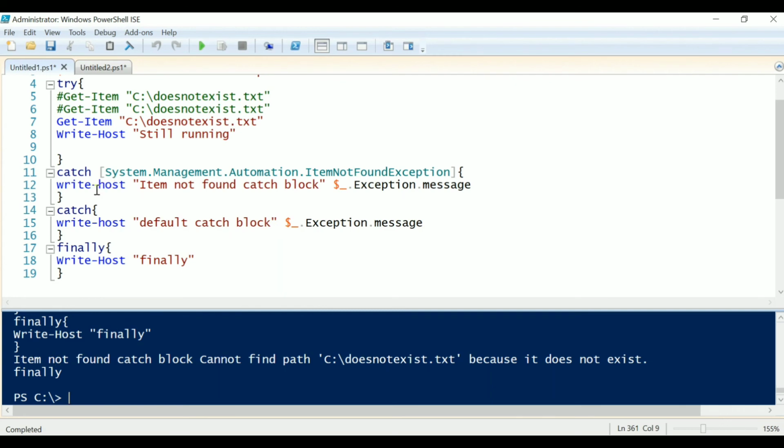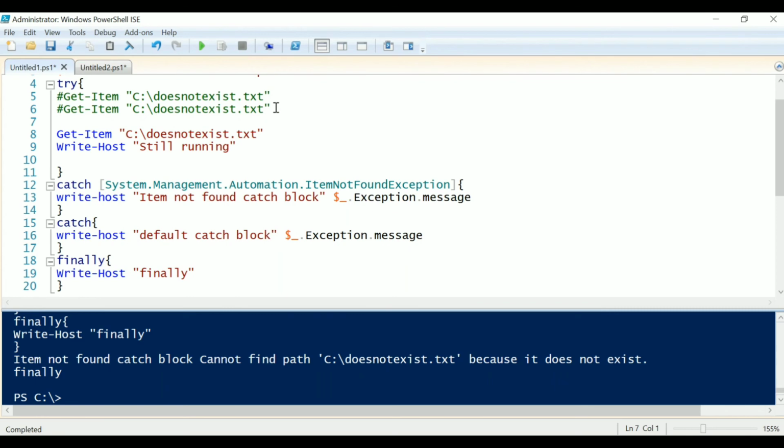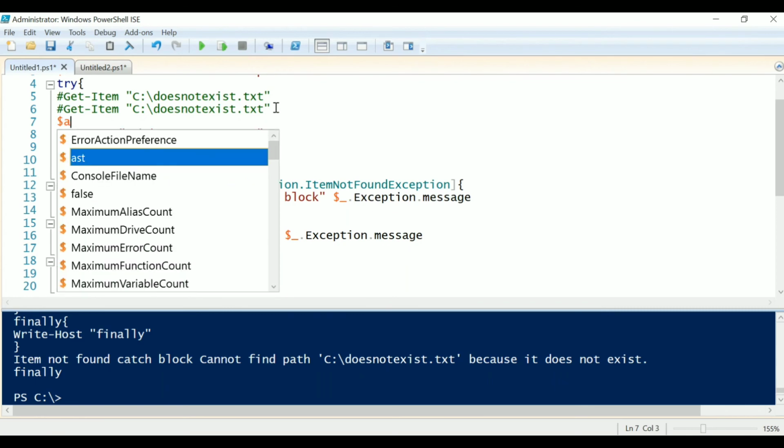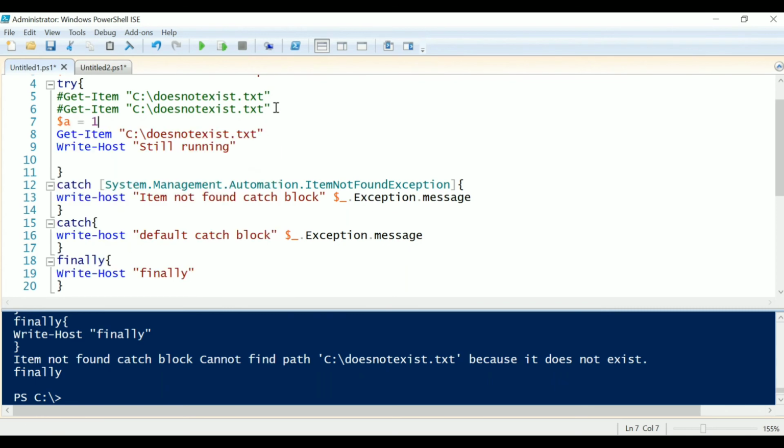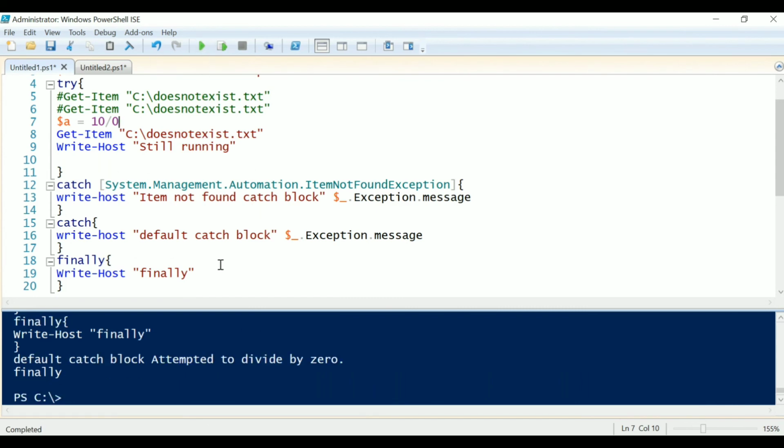Now when I execute this, we got output from the first catch block as the exception matched the first catch block. If I write one more statement here, and here I divide 10 by 0, we are expecting a divide by 0 error. So let's see which catch block will be executed this time. We got output from the default catch block, where we have not mentioned any specific type of exception.